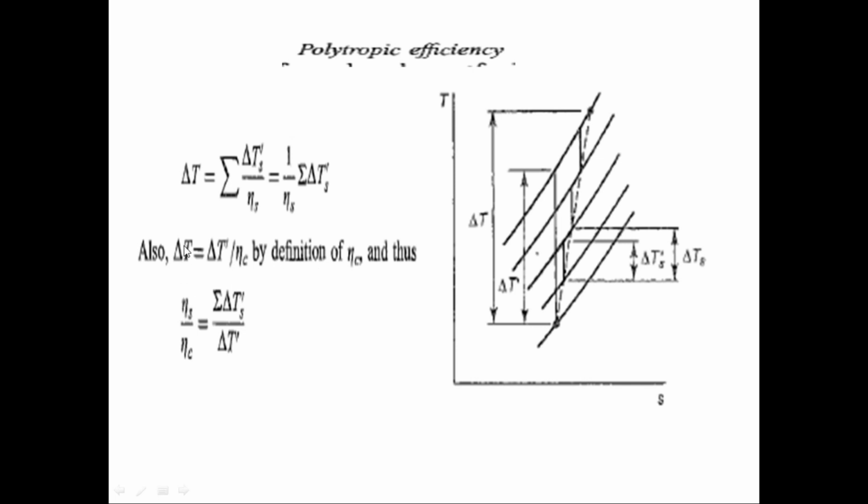So we can now relate these two expressions, that is the actual change in temperature for a particular stage in terms of the stage efficiency, can now be related to the compressor efficiency. So this delta T term and this delta T term both are equal, so we can write this Ns by Nc is equal to the overall rise in the temperature isentropically for all the number of stages divided by the